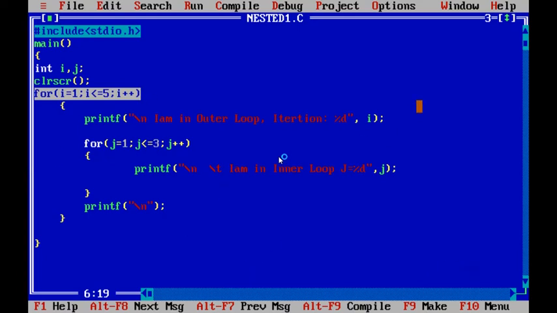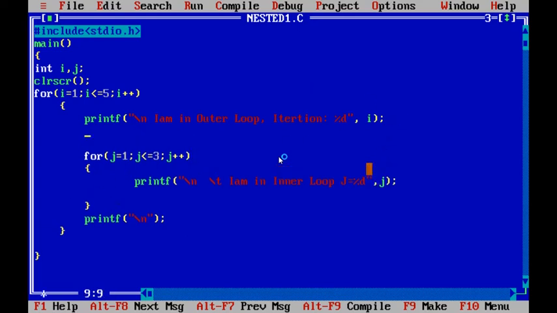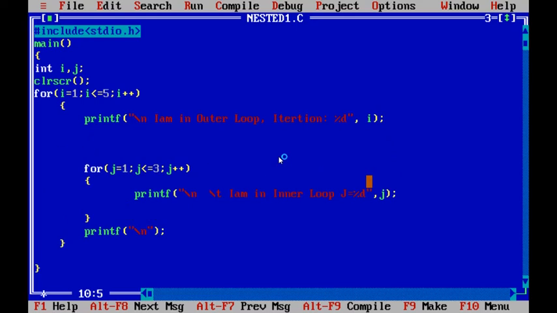We will make a small change for this program. Now I am removing the inner for loop and I will write this loop, one loop. Now this is one more loop.